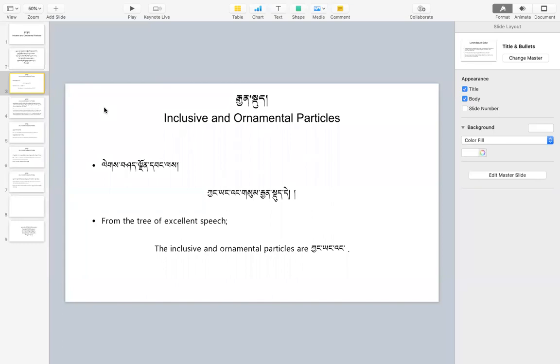Whereas during the discussion of the third grammatical particle and the sixth grammatical particle, we understood that the difference is of the suffix letter sa. For the third grammatical case, we have sa as a suffix. But for the sixth grammatical case, we don't have sa as a suffix. But in this case, the particles for both the inclusive and the ornamental case are the same. The three of these particles are the same for both of these cases. Okay, so therefore,